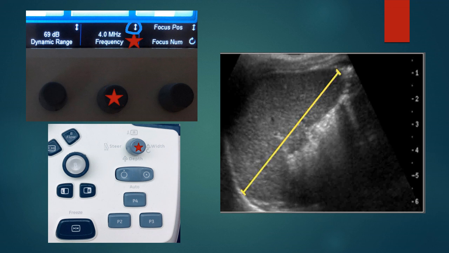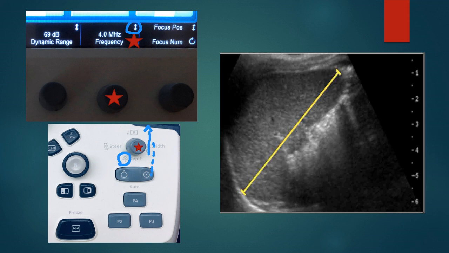With our depth, we're going to use a multi-purpose button. So the button that controls our depth is also going to control other applications. So how we adjust that button, how we manipulate that button is going to affect the depth or one of the other controls. So for us, it's telling you, you want to click this button either up or down. If you click this button up, you are going to decrease your depth. If you click the button down,